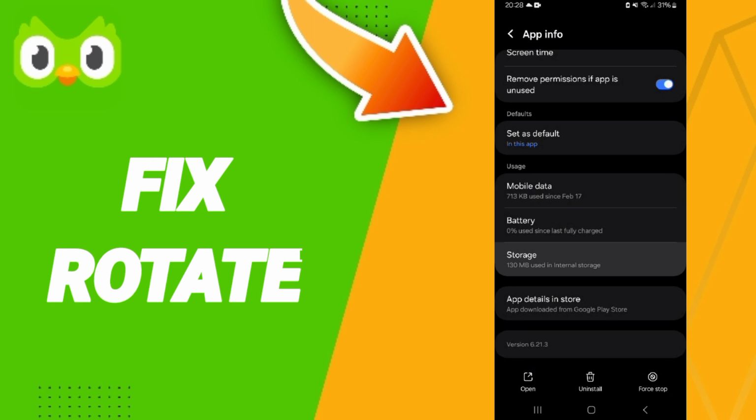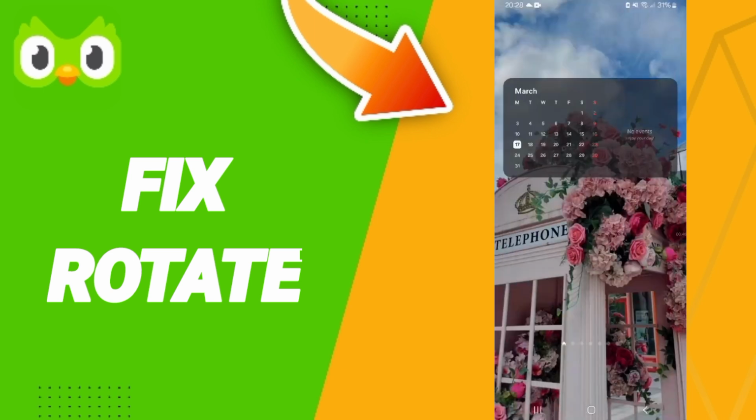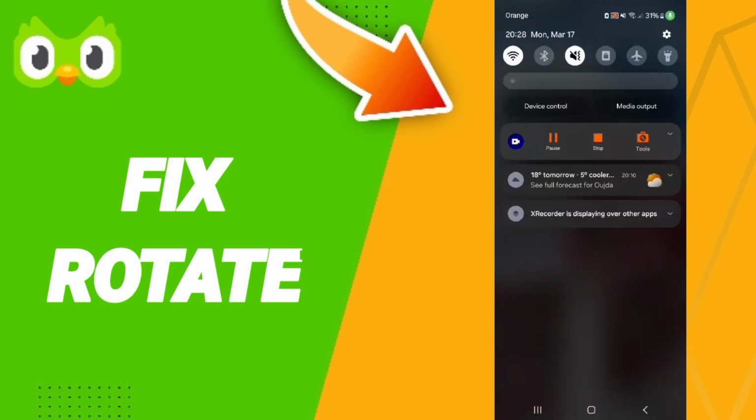Here you will enter storage. Then we click on clear cache. In the end, here you will turn on your airplane mode and you will turn off your airplane mode again